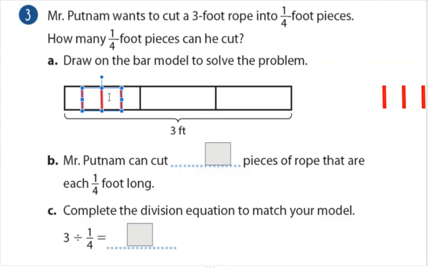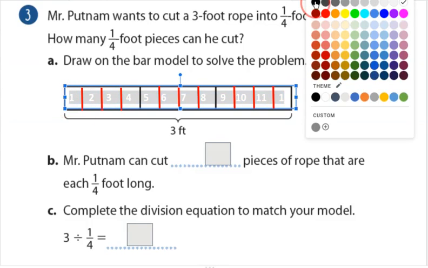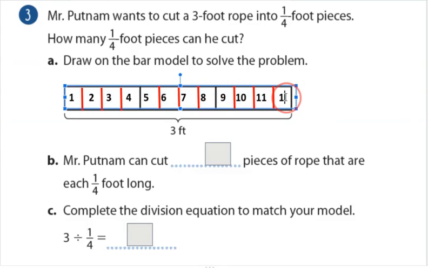And so you can see this first foot cut into pieces. Again, take this, put it right about here. And now I have 1/4 size pieces here. And then finally, moving this over, you can see that this last foot is also cut into 1/4 size pieces. So we're being asked to figure out how many pieces that is. When you count them, you can see that we have a total of 12